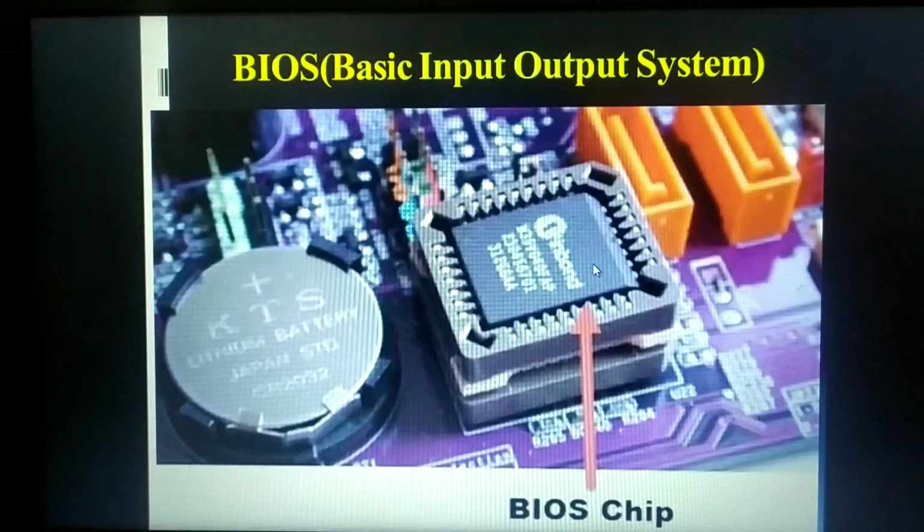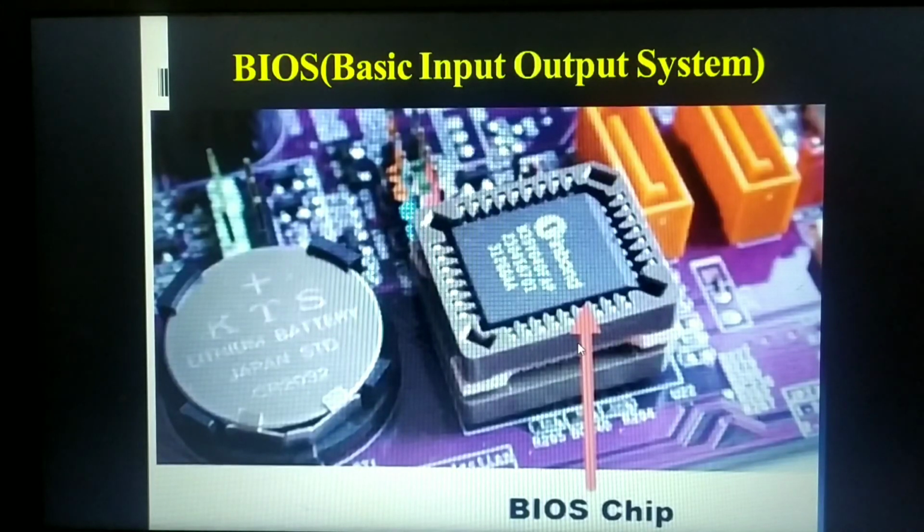It's a kind of chip on your motherboard. Nowadays most newer computer systems come with a flash BIOS, that is, there may be a software upgrade in order to support newer devices. So now we are having an external BIOS chip on our motherboard. Our next versions may come with software upgrades, where just as the operating system is loaded, the software may also get loaded into your memory. Whatever operations the BIOS is performing now, the same thing it may perform through that software with a newer version. But still, in our motherboard we are using the BIOS chip.